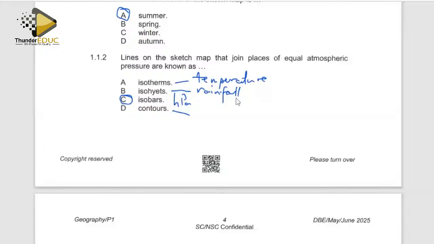Wind speed. And when we're indicating our wind speed, we indicate it like this. If there is one full feather, it represents 10 knots. If it's half, it means it's half of 10, which means it will be 5 knots. So when there is a feather which is smaller, it means it's 5, but when it's full, it means it's 10. So we want to check on our maps and identify a map that has got wind speed of 5